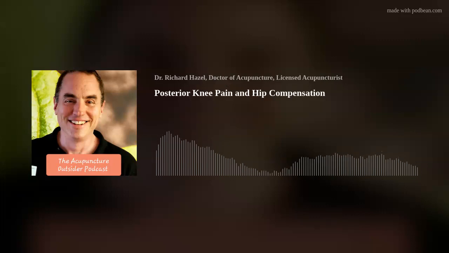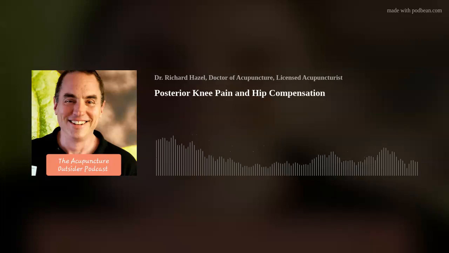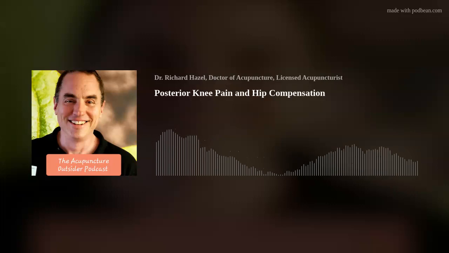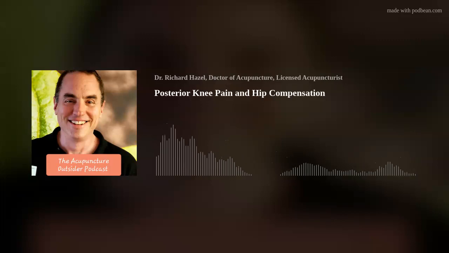internally rotating the tibia. So I don't know if I've explained it before, but tibial rotation happens especially when the knee is bent. The pes anserine muscles can internally rotate the tibia, and the lateral muscles that attach to the IT band and the vastus lateralis can externally rotate the tibia when the knee is not locked straight. The popliteus unlocks the knee.